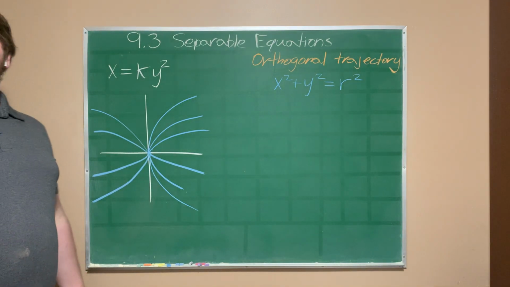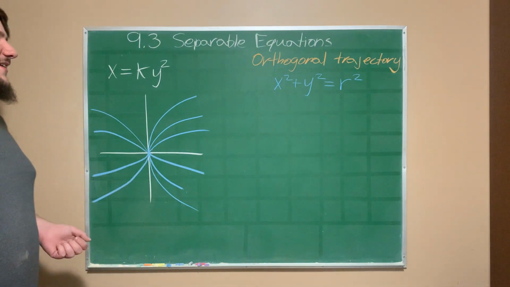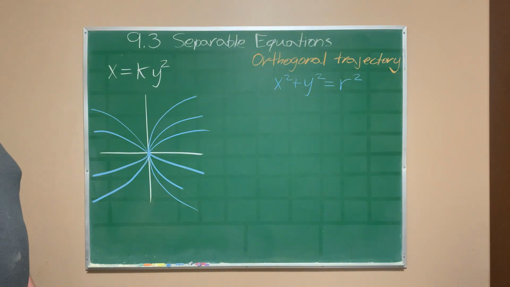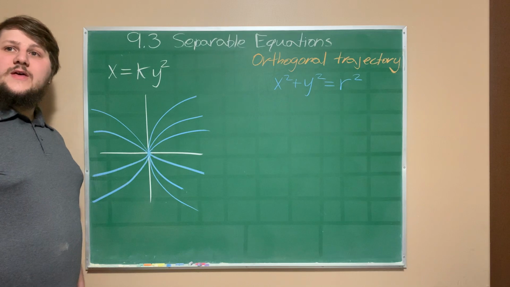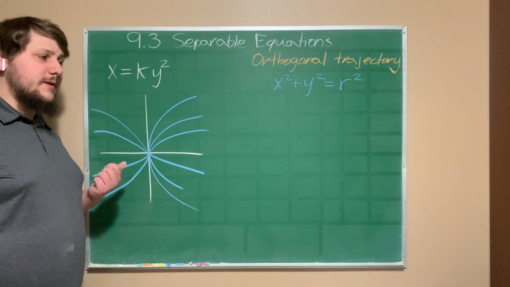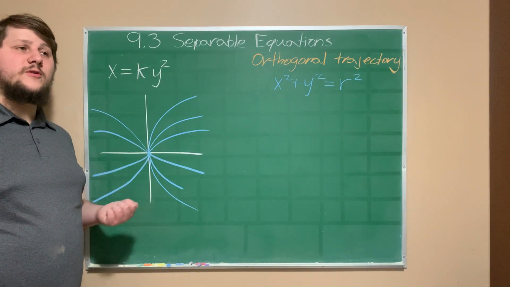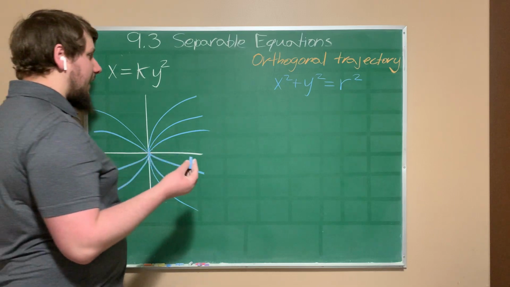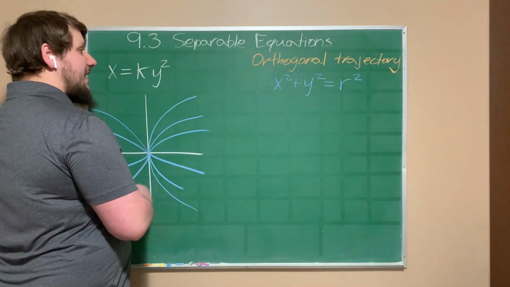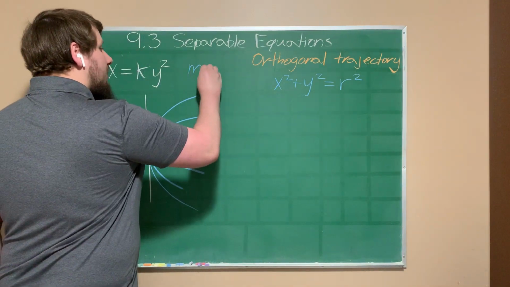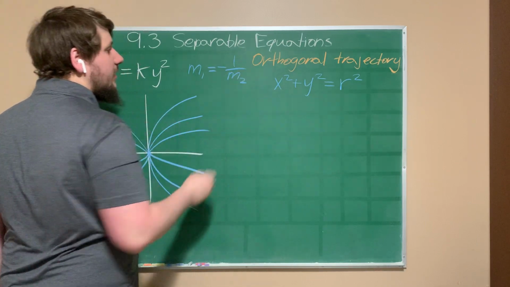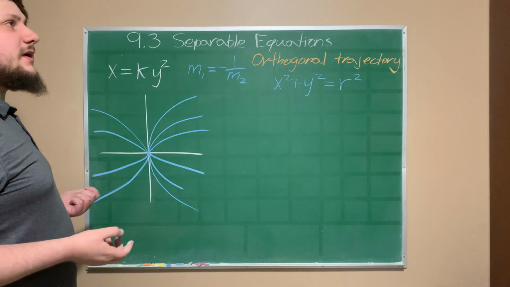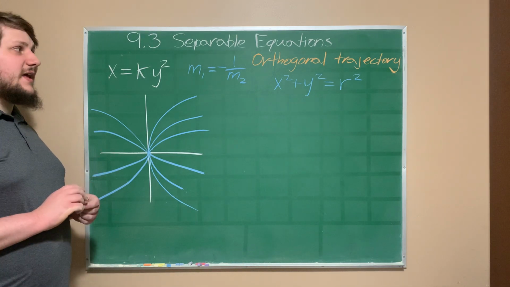But for some reason, we don't use the same word in this context. Couldn't tell you why. But the thing about perpendicular lines was that they always had a really important relationship between the two slopes. If you had two slopes, m1 and m2, m1 was equal to the negative reciprocal of m2